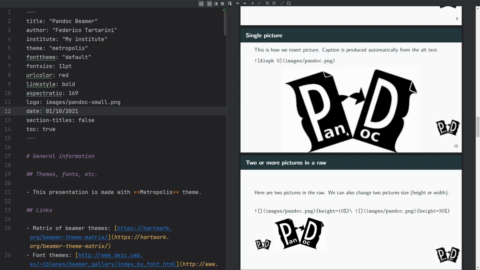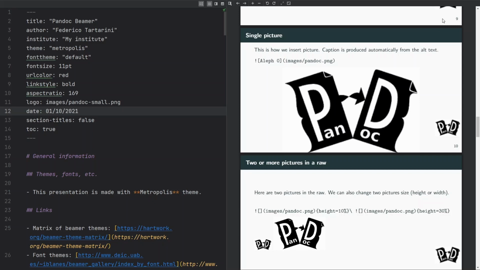I have already a video tutorial on Beamer, which I will put a link to here, so you will see a card coming up on a Beamer playlist, so you can also have a look at that and compare the two. Beamer is a little bit harder to learn, but once you have learned it, it has no limit to the things that you can implement. Pandoc is a fantastic tool.